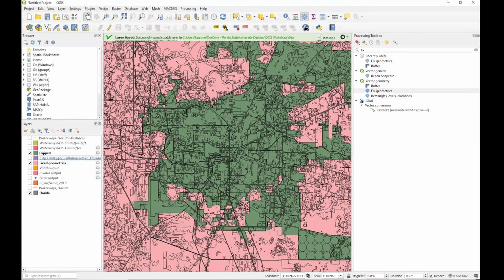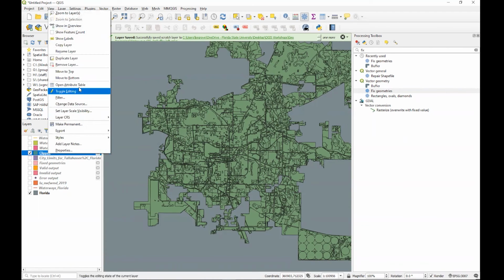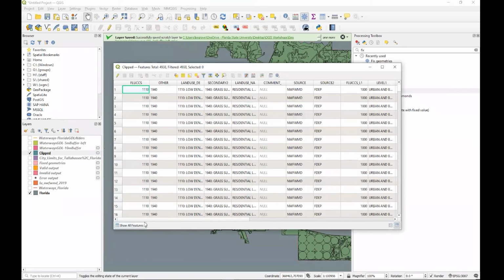So now we can kind of see how that's going, and that's in the state of Florida. We can see what's happening. So now we have a correctly clipped layer that we can play with. So not only did it clip visually, but if I right click and go to open attribute table, it also clipped all of the attributes, to include just what we want in this layer. So here, just keep in mind,